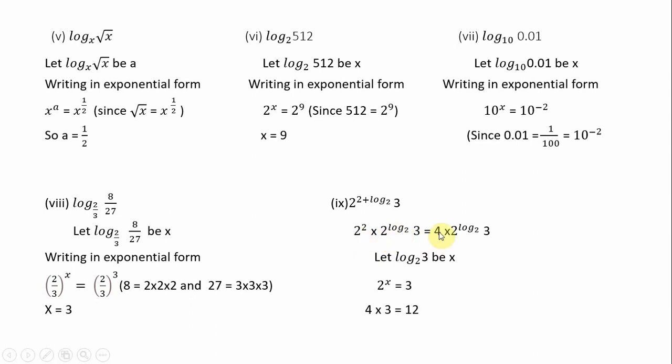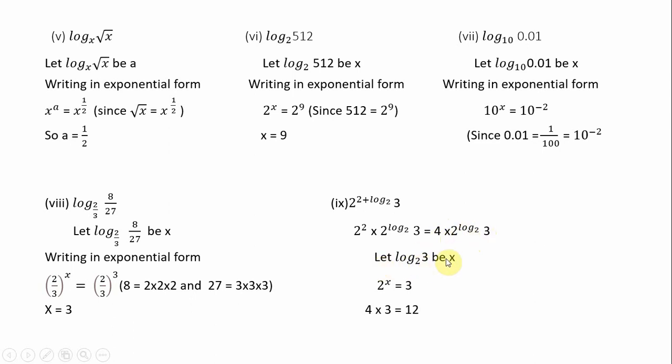2 square value is what? 4. Now take only this part, 2 to the power of log 3 base 2, as usual. Now don't take the total number. See children, I am circling it, see the log 3 base 2 part separately. Let log 3 base 2 be x, means the upper part is equal to x. What does it mean? 4 into 2 to the power of x, right? Understand? 4 value as it is and 2 to the power of this value we have assumed as x. Therefore, it is 4 into 2 to the power of x.